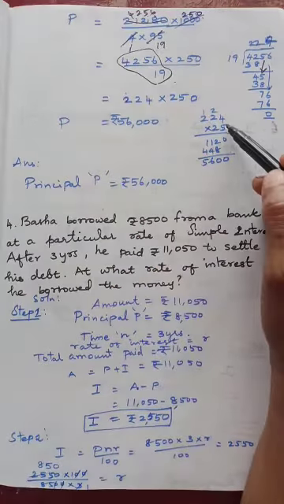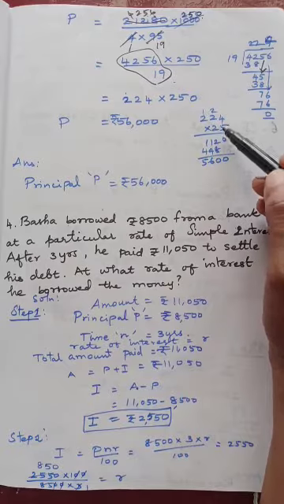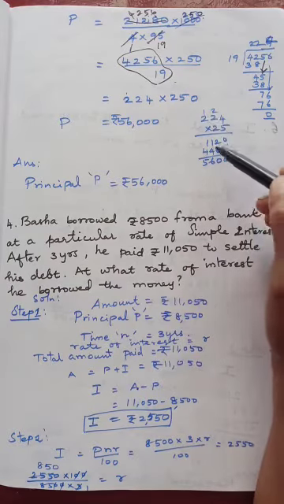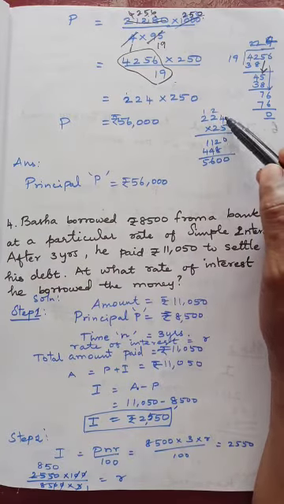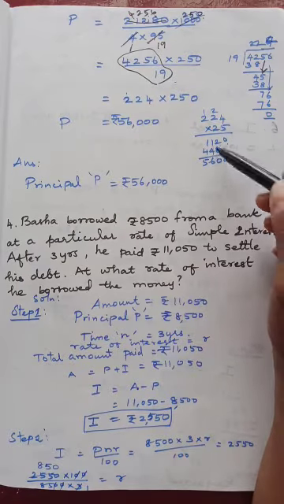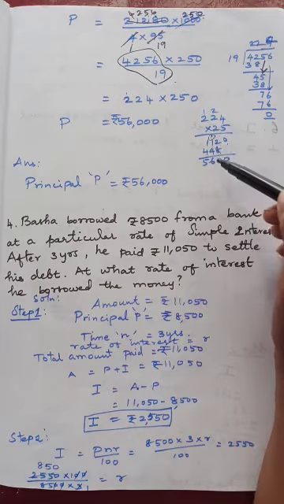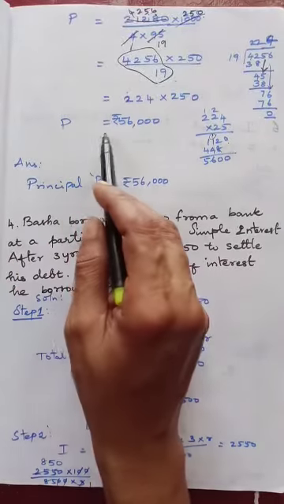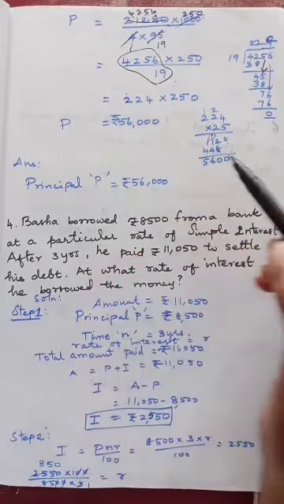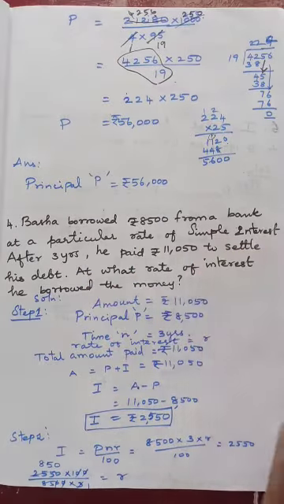You multiply. 4 5s are 20. 5 2s are 10 plus 2 is 12. Remainder 1. 5 2s are 10 plus 1 is 11. Then 4 2s are 8. 2 2s are 4. 2 2s are 4. Now add 0 0. Then remainder 1 and 6. Then 5. So principal is equal to rupees 56,000. So the amount of principal P is equal to rupees 56,000.